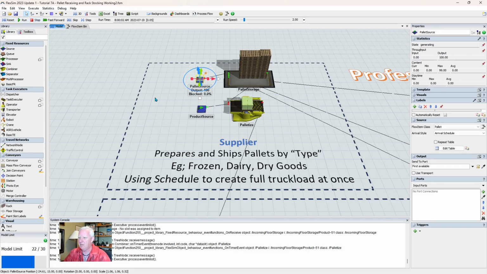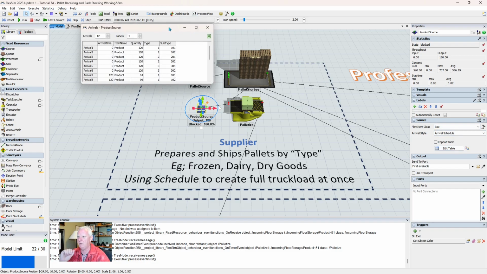Okay, that's perfect. Similarly with a product, I don't want a box showing up every minute. This represents the supplier, which is sort of outside of my model, and I want them to have product ready to go, put in a pallet, and get it into my factory so that it's there when my shift shows up and the shift starts. So I want all this supplier side stuff to happen basically at time 0. So I've done the same thing. I'm just going to ship a box. I'm happy with that. With the arrival schedule, again,